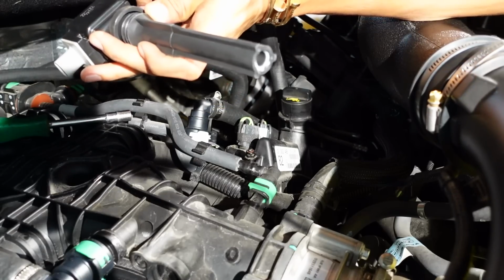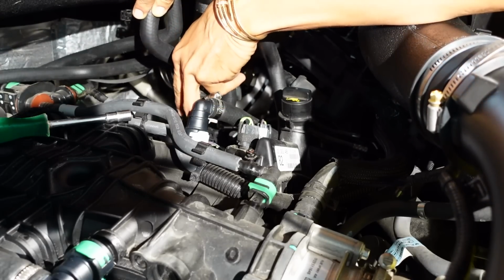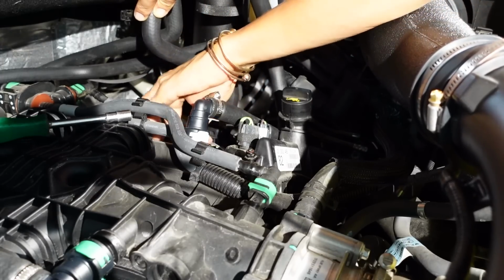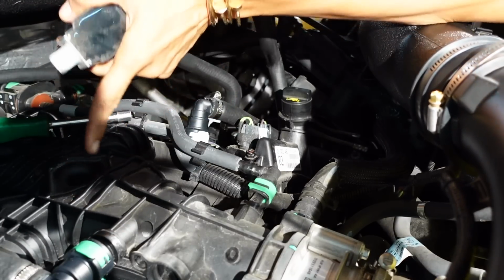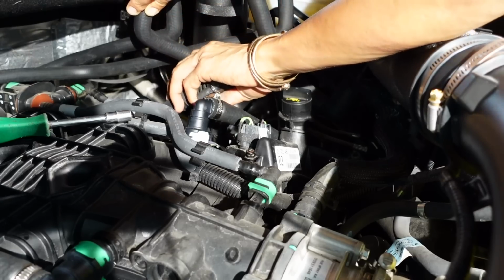We're gonna put this in bank 1 and we're gonna swap and see if the problem will jump. If the problem moves to the second bank, then we know it is the coil pack. But if it doesn't, then it could be the wiring altogether. I just found out also that these engines don't have injectors because they are direct injected, which means we've